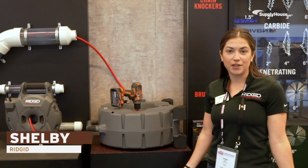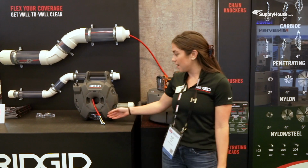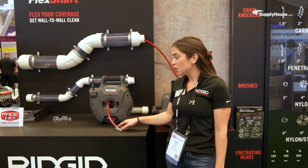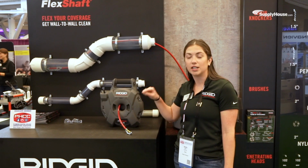If you haven't heard of FlexShaft, it's really great high-speed drain cleaning. So we have a very flexible cable that's fully enclosed in this nylon sheath. You just hook your cordless drill up to it, it'll spin the chains, and it's going to clean wall to